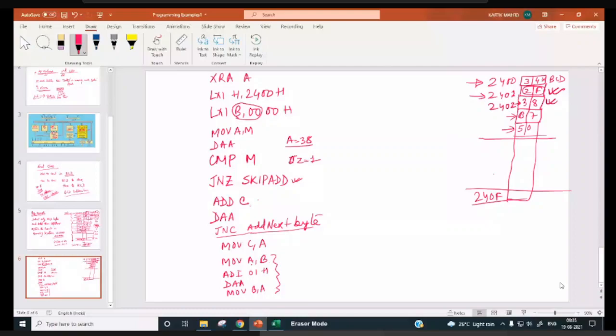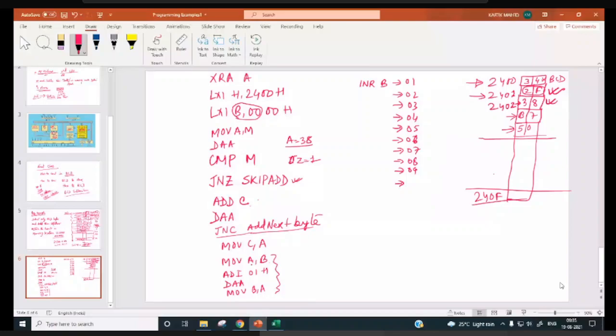Fifth case, 0, 5. 0, 6. 0, 7. 0, 8. 0, 9. But here we want our result to be not this. Our result has to be 1, 0. 0 A we do not want in BCD. So this way, if you keep on incrementing this, finally it will become 1, 5.